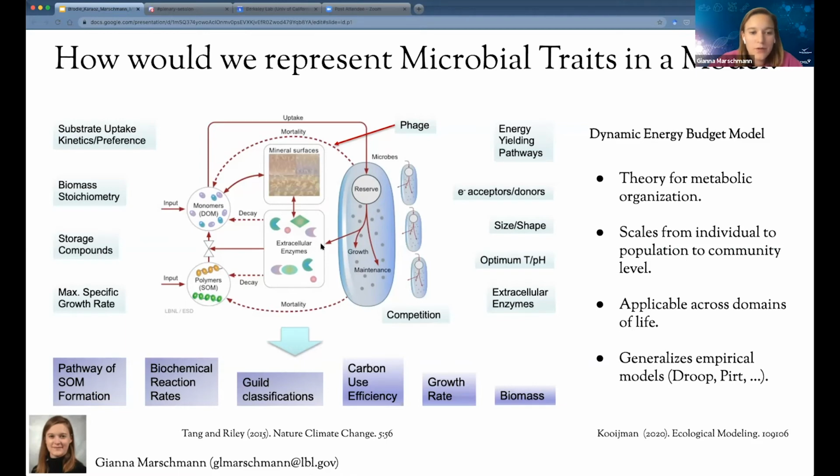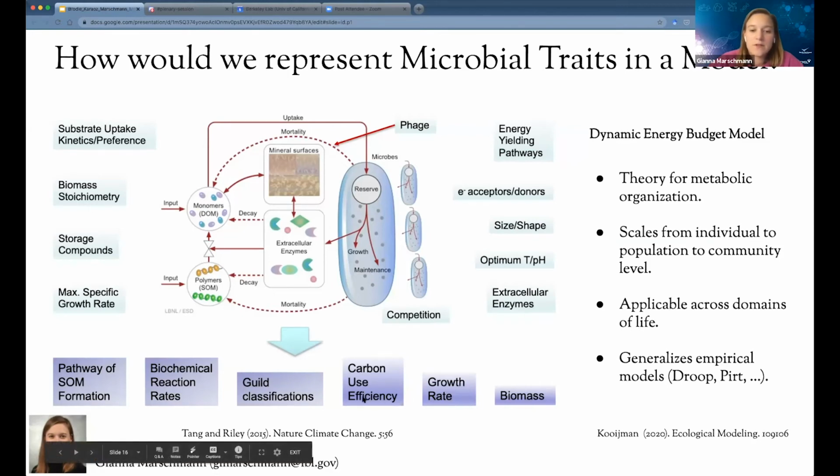So we can map genomic information that Ulas collected onto the dynamic energy budget model structure by finding appropriate genomic trait proxies for the model parameters that are highlighted in blue here. And because we have the genomes as a basis, it is then possible to assess trait performance given biophysical constraints, either on the scale of one single organism, for example, in the context of the size of an organism, and then assess its fitness in terms of biomass, growth rates, or carbon use efficiency,